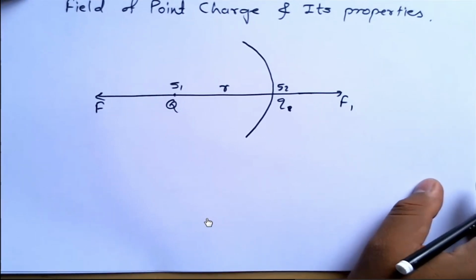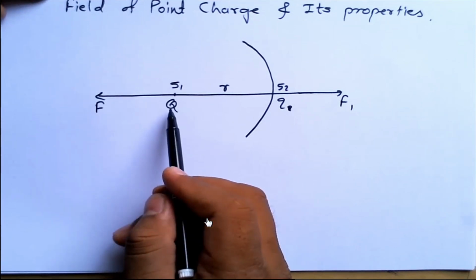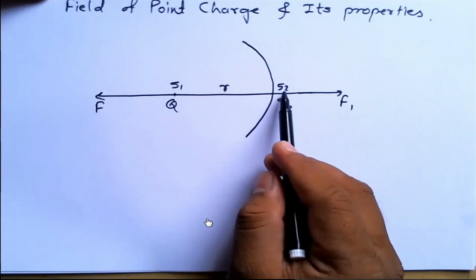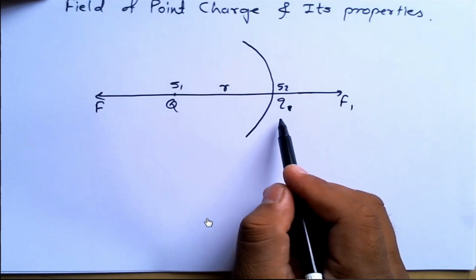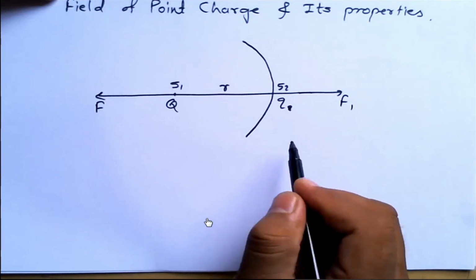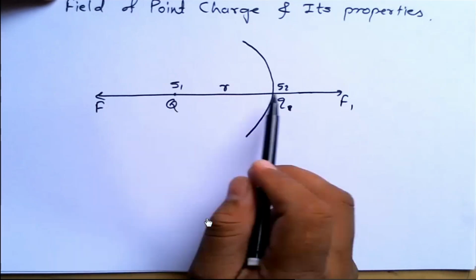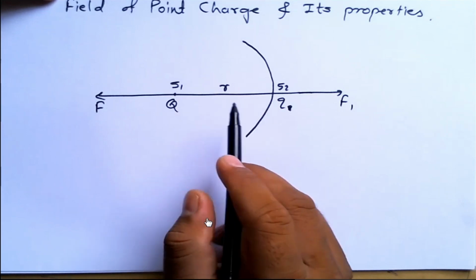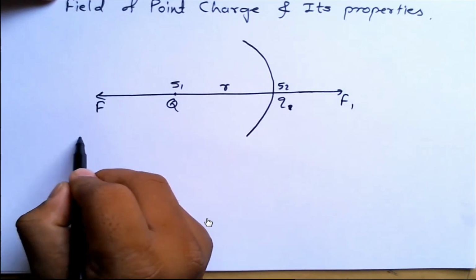So we'll consider this particular figure in which at point S1 a charge positive Q coulomb is located. At the second point S2, a point charge small q coulomb is located. This small q is a point charge which is at a distance small r from S1. If we consider Coulomb's law, according to Coulomb's law, if two charges are separated by a particular distance, the force acting on either charge, by Coulomb's law,